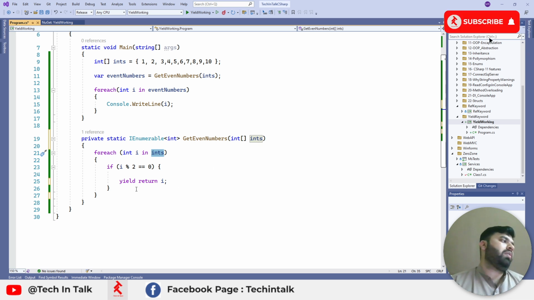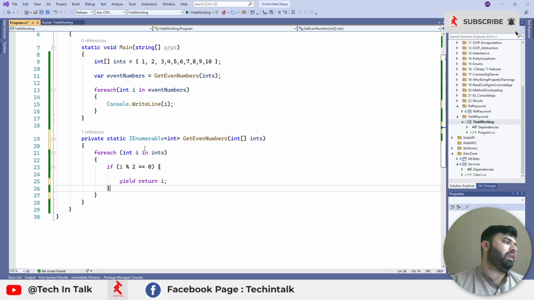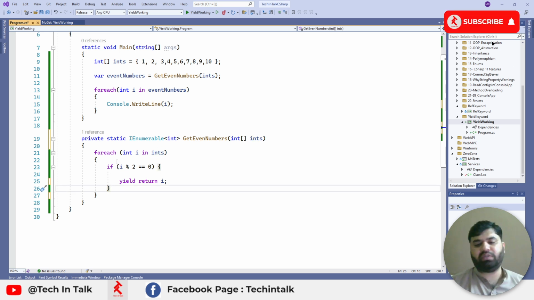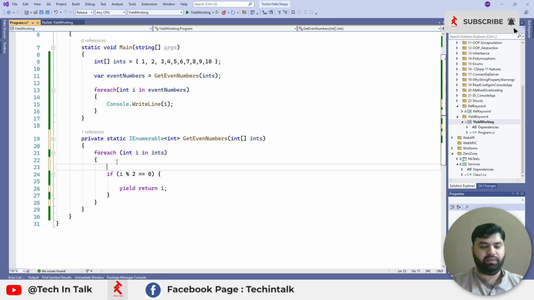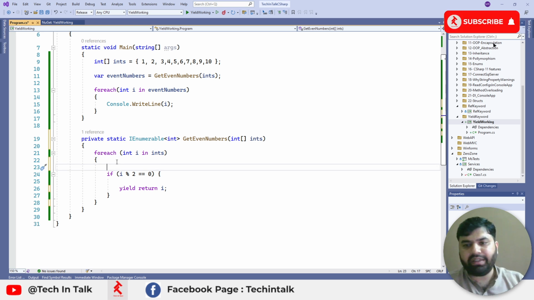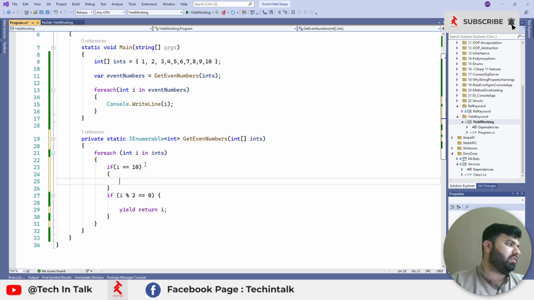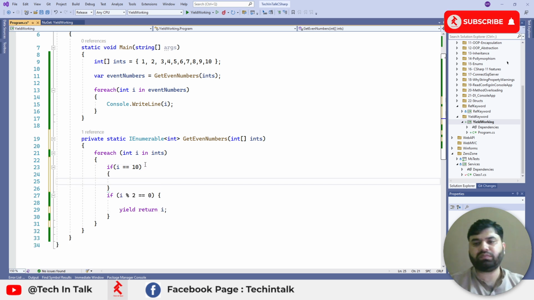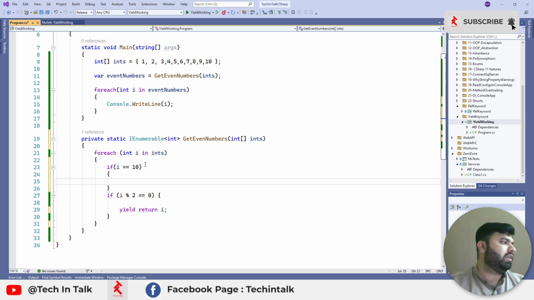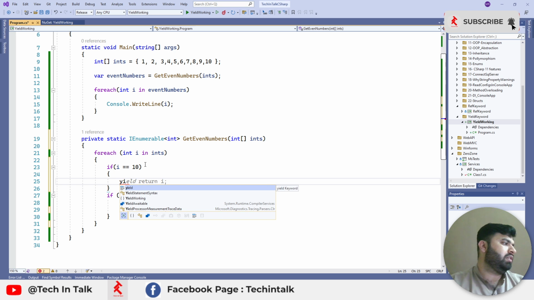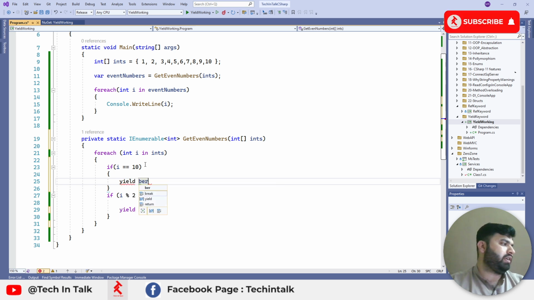Or the other option is, if we want to break this iteration in case of yield, we need to explicitly break that foreach loop. How can we do that? Let's say we have a condition that if i is equal to 10, we want to break that loop. So we can do that by doing yield break,